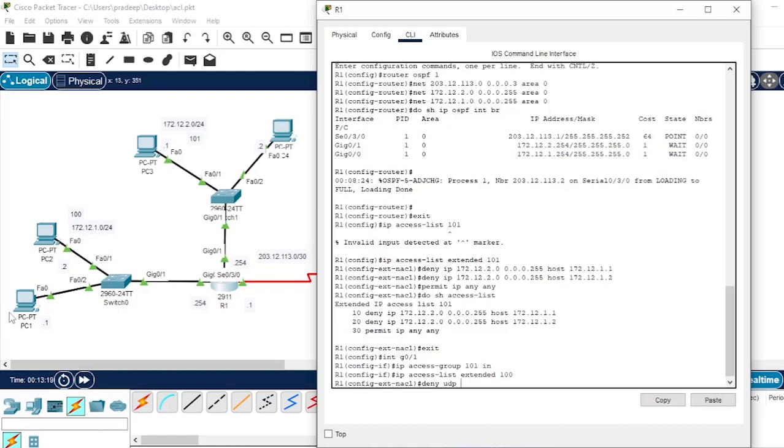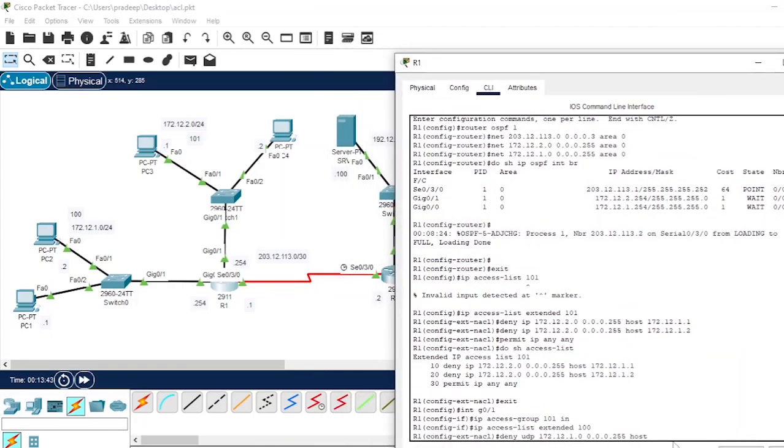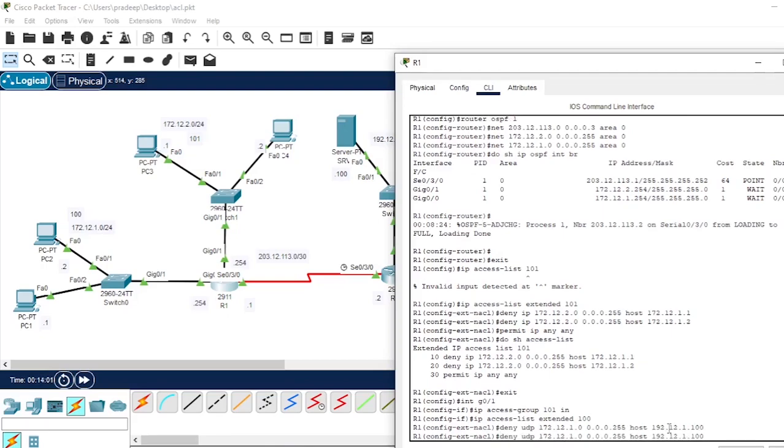This UDP means the DNS server protocol. UDP, this network 172.12.1.0 can't communicate with this DNS server IP address, host 192.12.1.100. Okay, press enter. Now next UDP